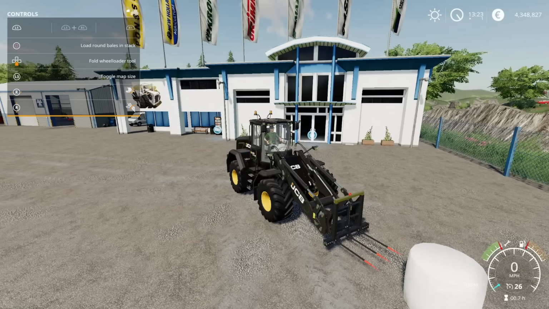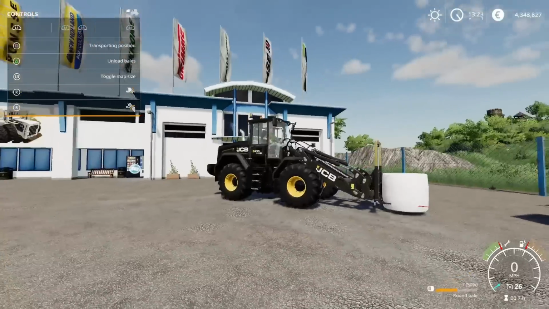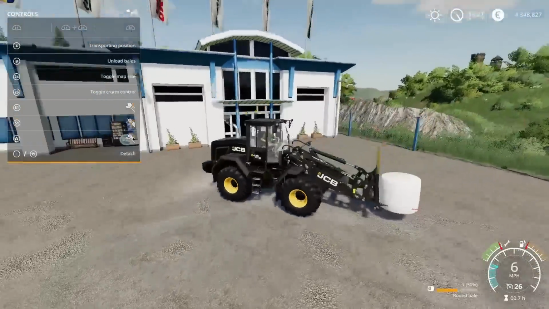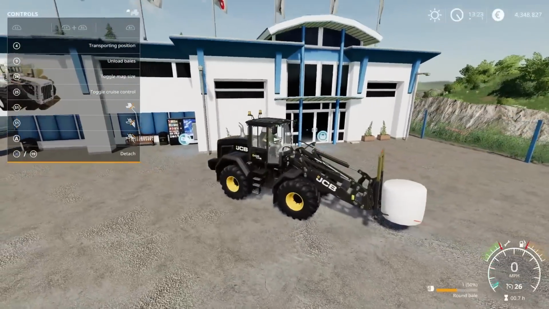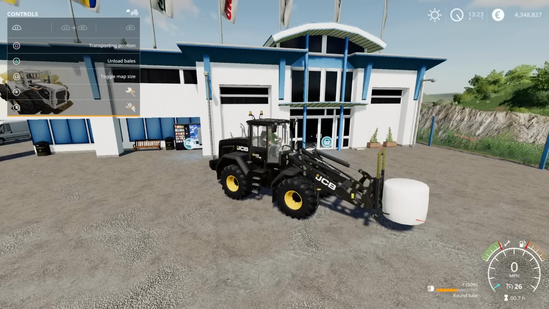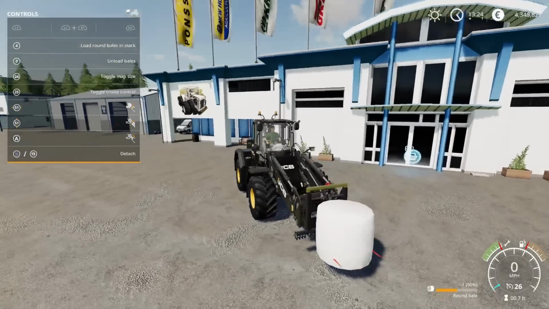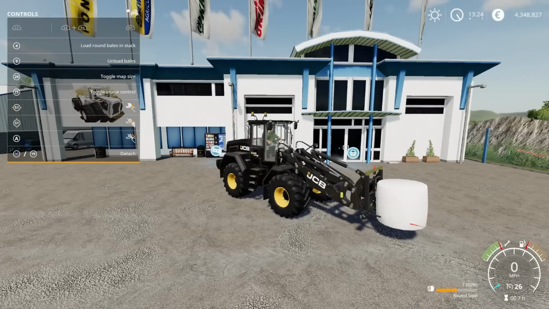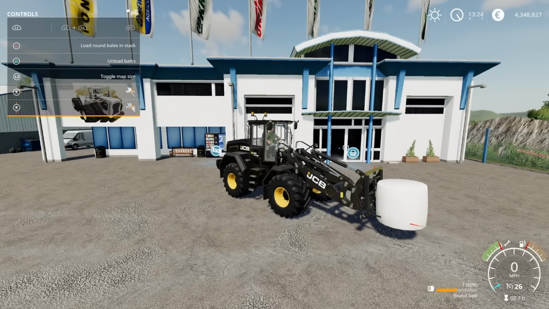If I do that, press square, bump, there we go, puts on. So they'll stack them up on top. Now I have had a bit of a problem with these when I was fiddling around with it. It says transport position, so L1 and square puts that down, that says the transport position, so that should be right now. But this is unload bales, and you have to be careful here, because if I press L1 and triangle,